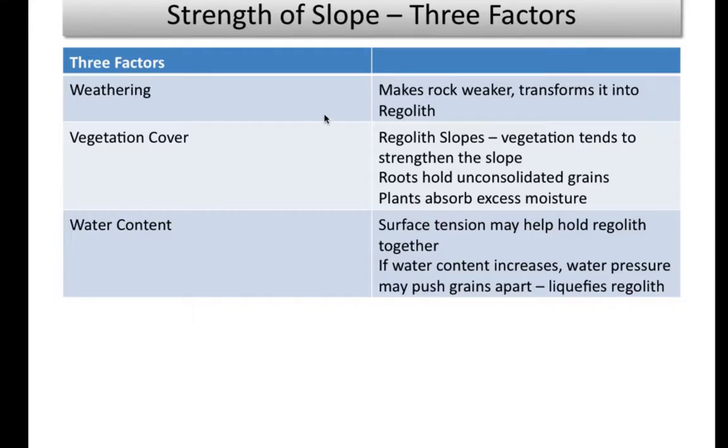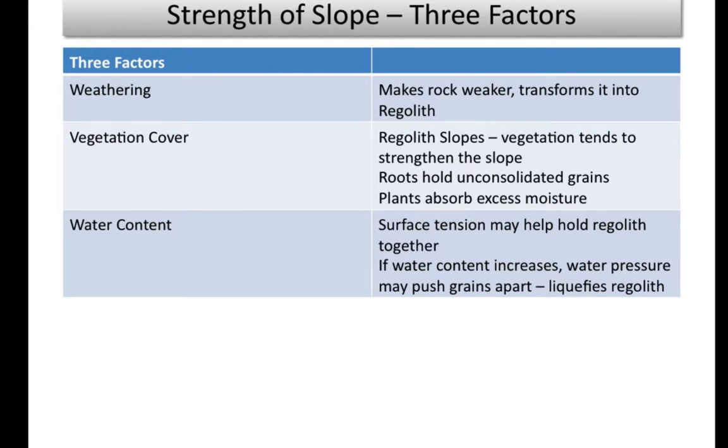And so let's look at some of the factors that relate to the strength of the slope. So first of all, there's weathering. Weathering makes rock weaker and it transforms it into regolith, so both physical and chemical weathering. The amount of vegetation cover. So when you have that regolith slope, that loose soil slope, vegetation tends to strengthen that slope. Roots hold unconsolidated grains,